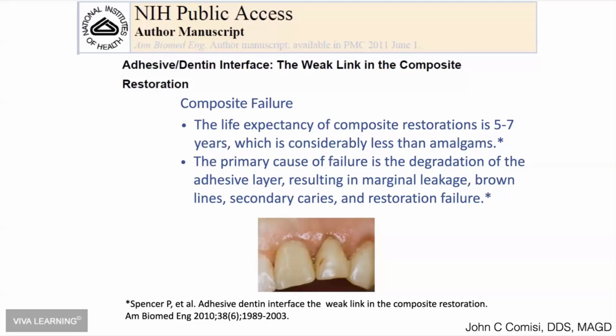You know, I know there's a conversation out there about amalgam splitting teeth, et cetera, and so forth. And again, I don't know if that's accurate. Is it the amalgam that's splitting the tooth, or is it the occlusal forces that are generated because of other factors that are breaking the teeth? But again, we like to blame things that we don't have any control over, or we just don't like. The primary cause of failure, of course, according to this paper by Spencer, is the degradation of the adhesive layer, resulting in marginal breakdown, leaky margins, secondary caries, etc.